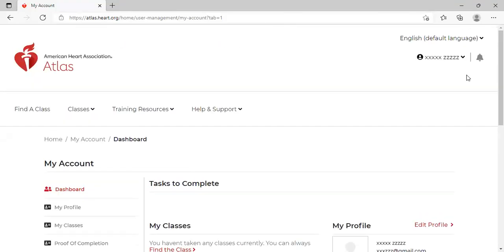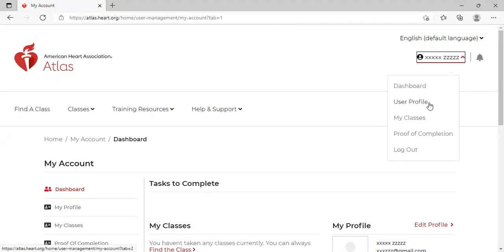You can see here is my name, here is my profile, here are my classes, the classes I've attended. Here is my proof of completion. After the completion of the course, if you have passed the training, you can find your examination here. From here you can download the certification. Here is the portal, you can see the proof of completion. You will get the certificate here.